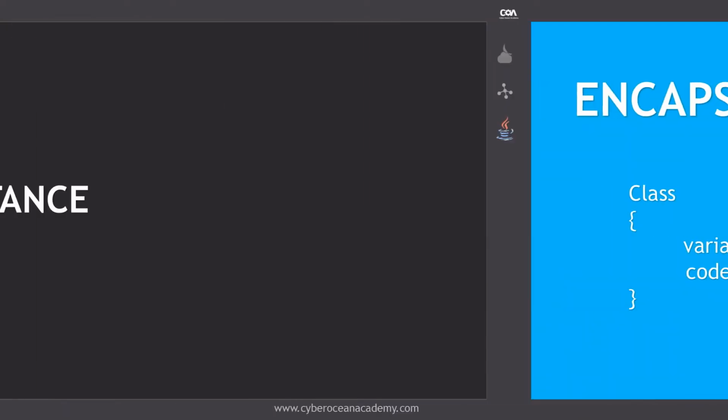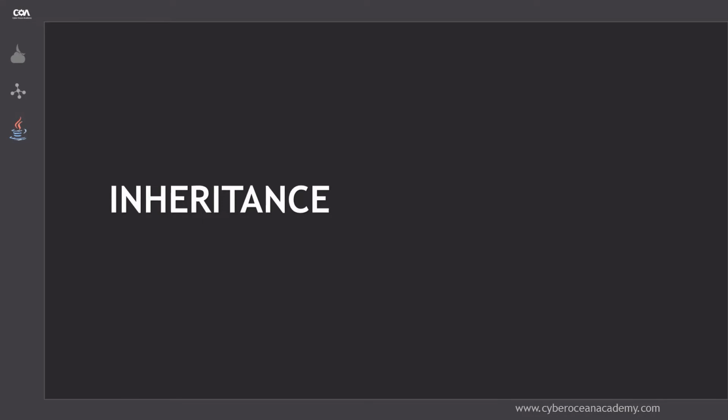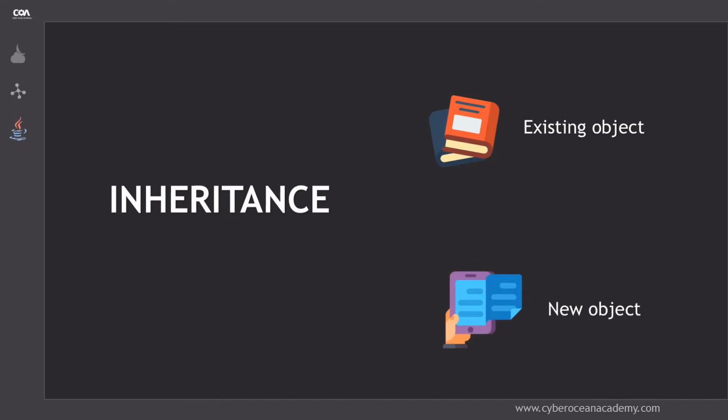Okay, so now let's talk about another important pillar, that is inheritance. So what is inheritance? It is the process of defining a new object with the help of an existing object. Here you can see that we have two different objects. The first one is book, another one is ebook. What is the functionality of a book? We generally use it to store information, in the form of pictures and text inside a book. And what about ebook? We do the same things as a book, but here we extend some properties, and we also enhance the functionality